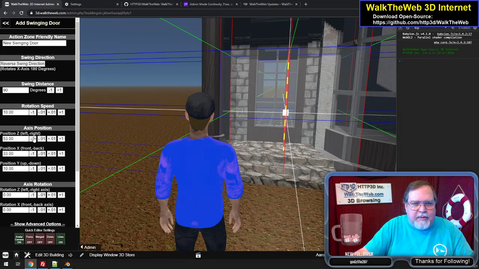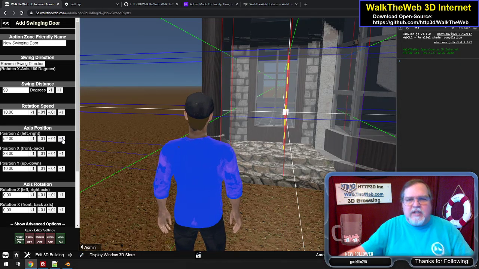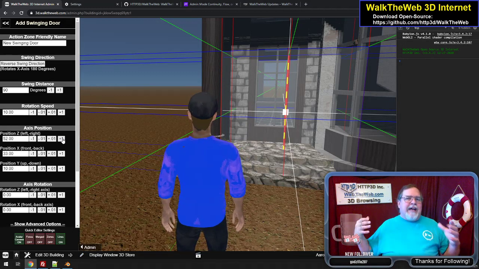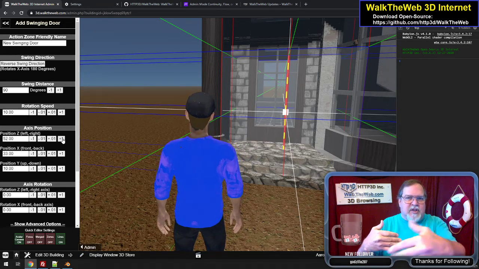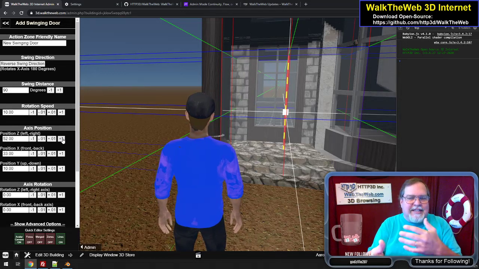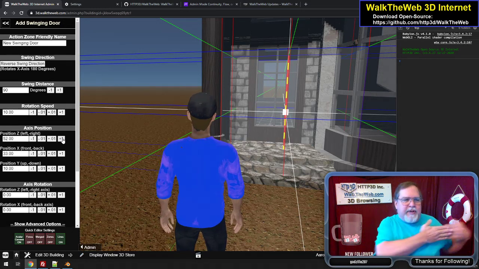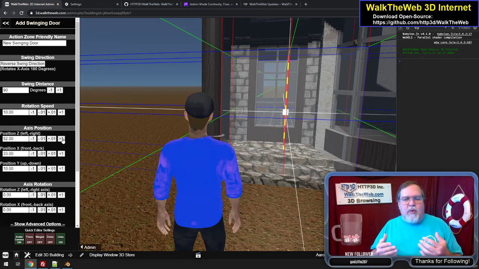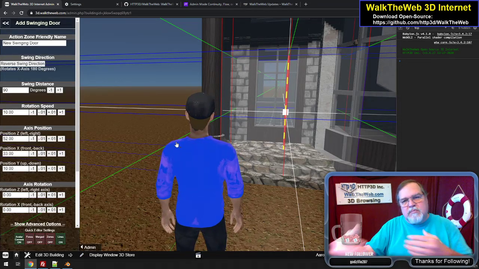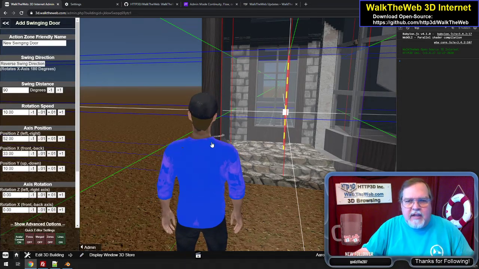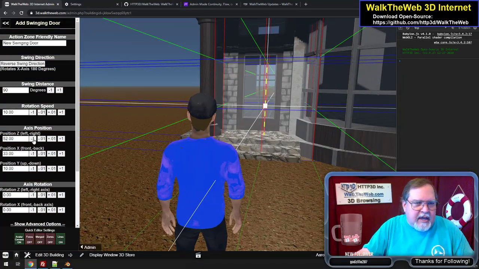I'm purposely keeping it forward more than inside, because when you're on the outside and the door is going to open towards you, you need more space, as you walk into the zone, for it to start to open so that you can get inside. When you are inside and you're going to open a door that goes forward, if you want to feel like the avatar practically pushed the door open, then make a smaller part of the zone on the inside. Then you'll end up with the best of both worlds, and you'll actually get a nice